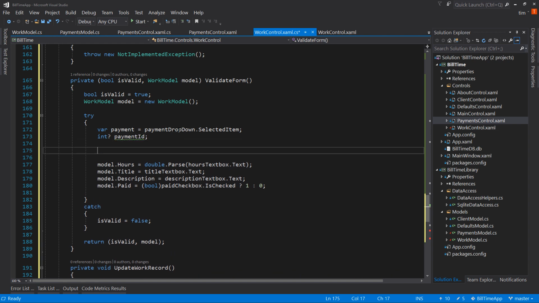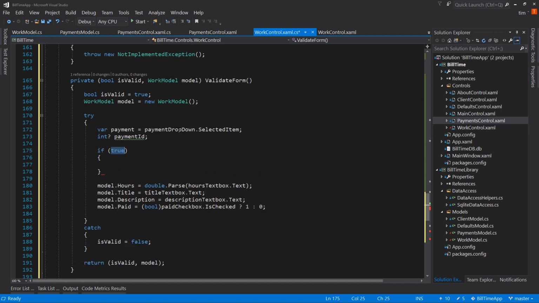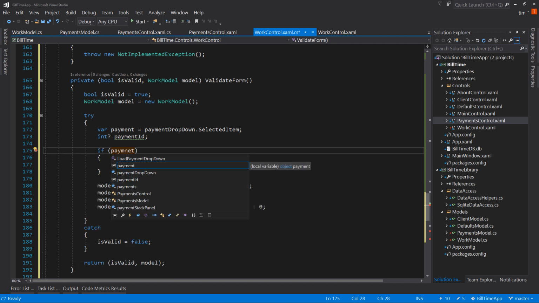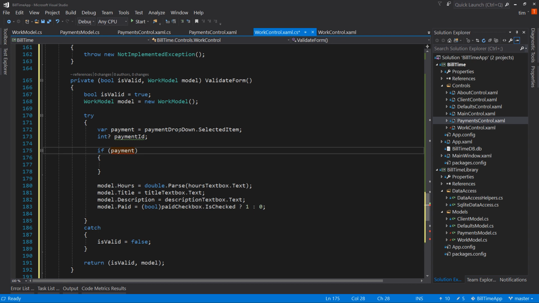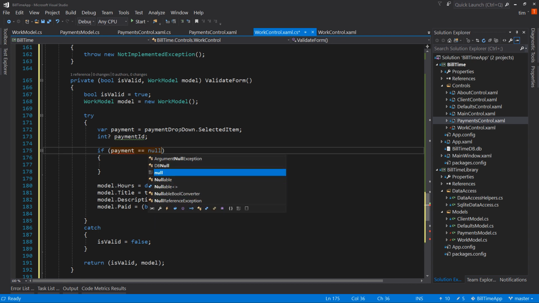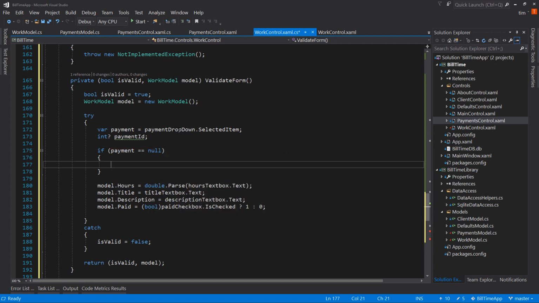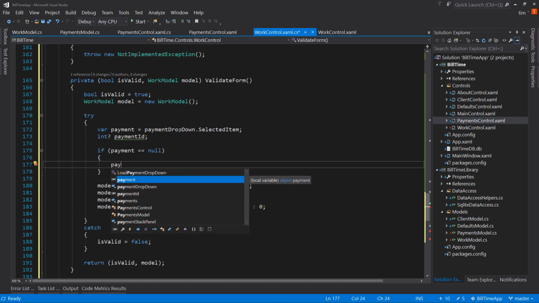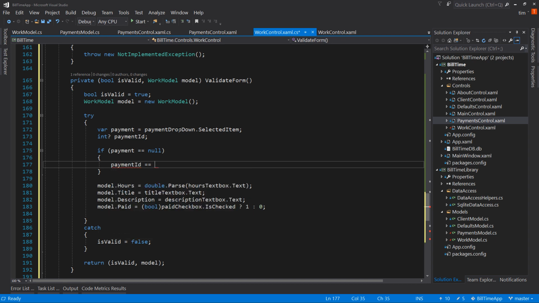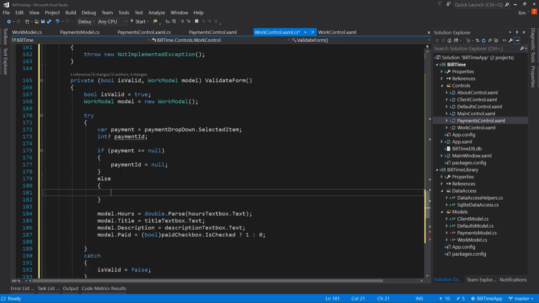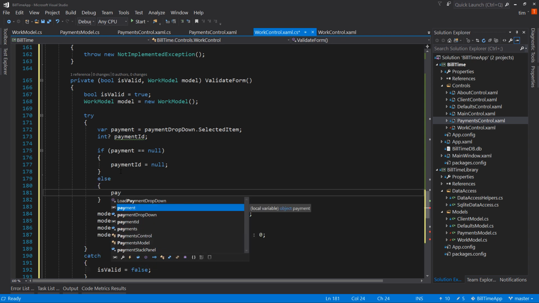And then what we'll do is we'll say if payment equals null, then payment ID equals null. Else, oops, not double equals, single equals. Else, the payment ID